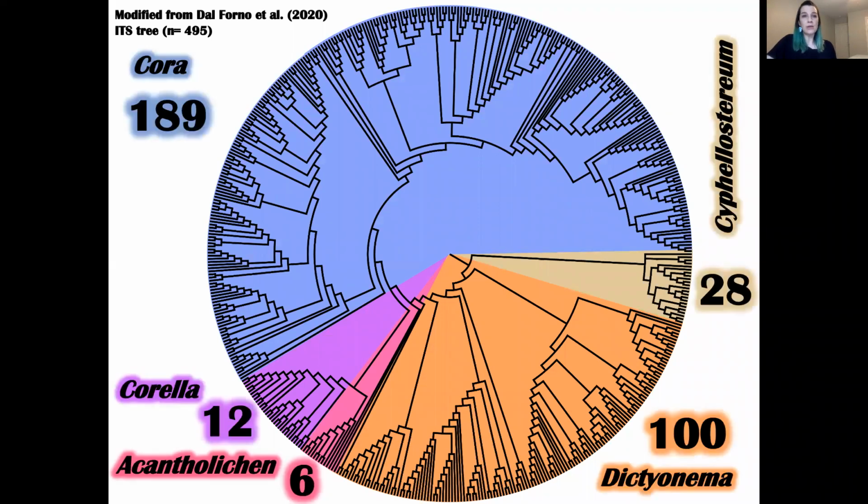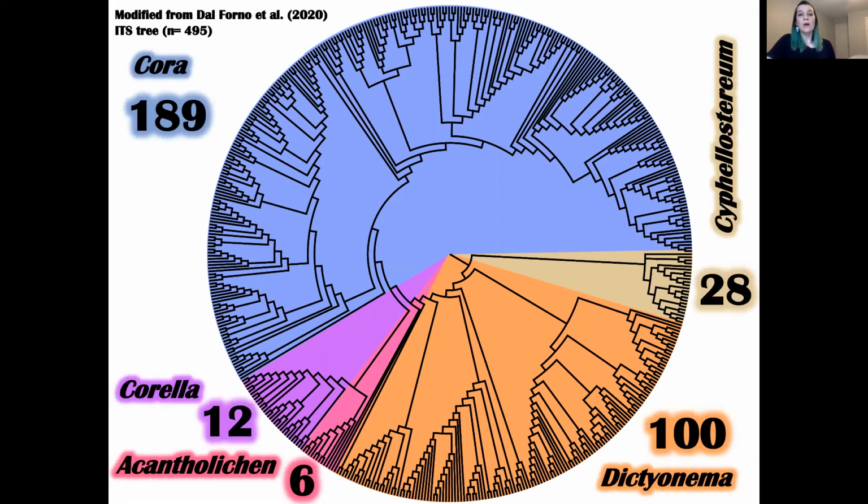And these are more or less the numbers of species in each one of these genera. And it's just amazing that from just a couple or 5 species, now we have over 300. And interestingly, these 5 genera were all proposed before. So we are able now to confirm with molecular data and resurrect these genera. And same pretty much for all of the 40 species names that were available before.